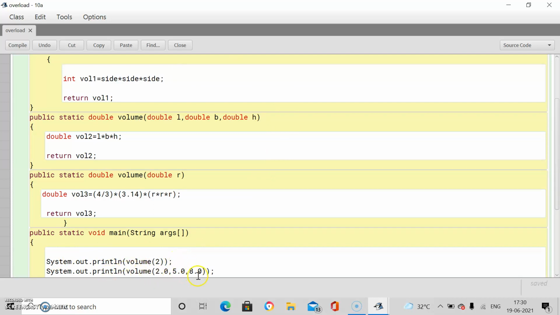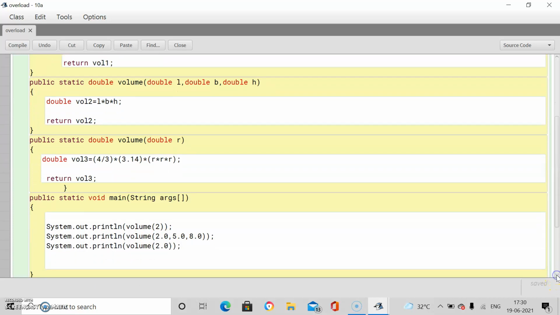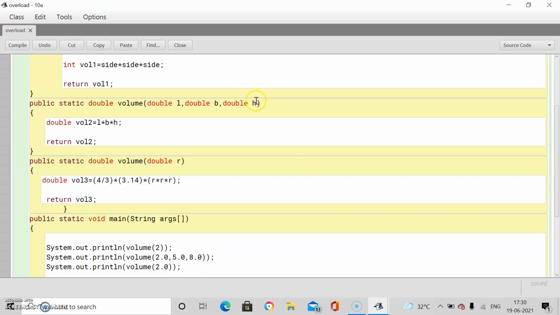Now come to the second line. After execution of the first function, this line will get executed. When this line gets executed, this will search for a match of the function name volume with 3 parameters. So it matches this one, and this function will get invoked.